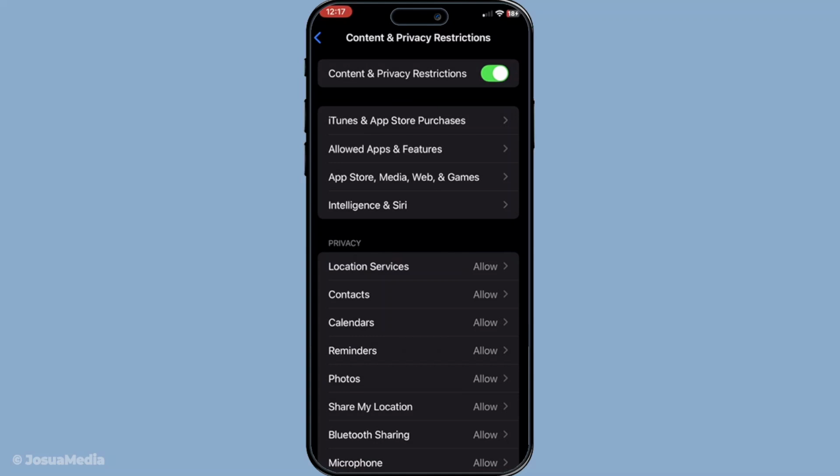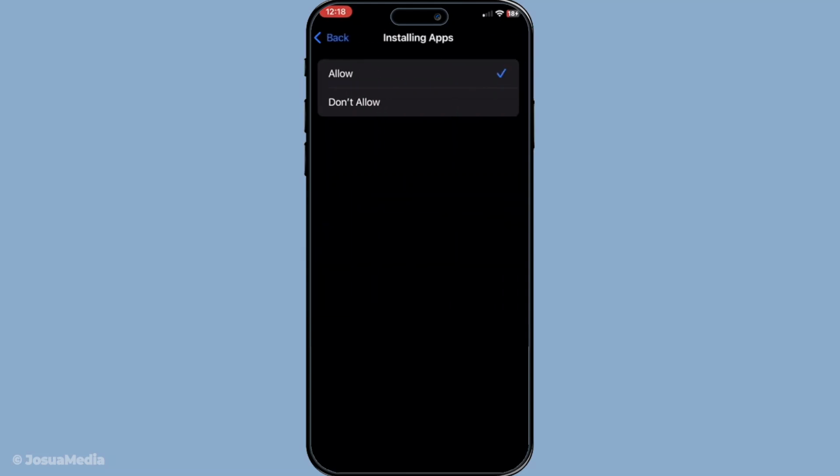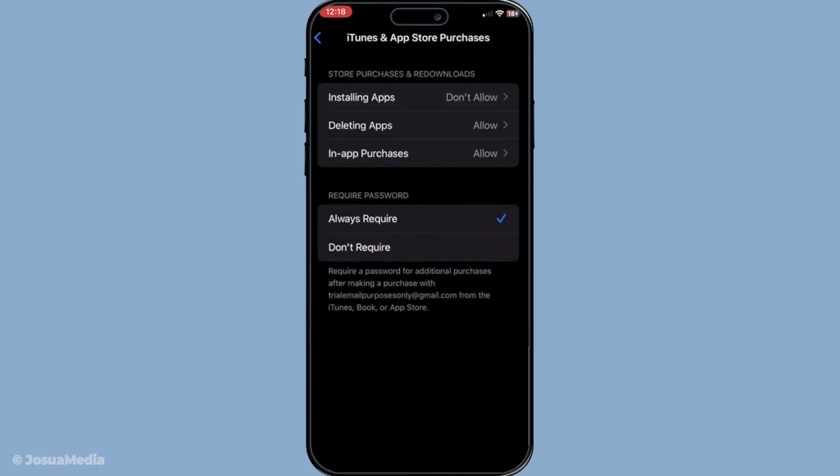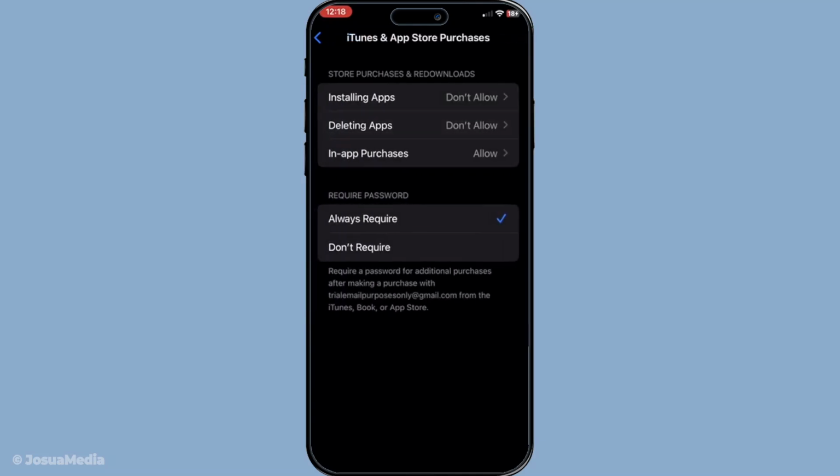With that turned on, the next step is to tap on iTunes and App Store purchases. This option is specifically aimed at controlling access to App Store activities, which include installing apps, deleting them, and making in-app purchases. Now, to ensure that these actions require explicit permission, you'll need to set each option specifically to Don't Allow. This means that without the necessary approval, apps cannot be installed or deleted, and no in-app purchases can take place. It's an excellent way to ensure that your or your child's device isn't making unintended transactions or changing the